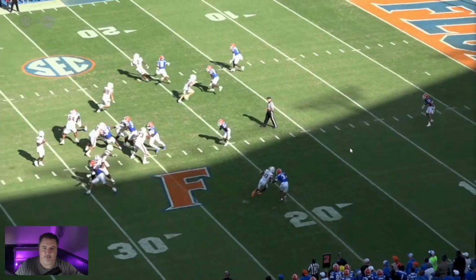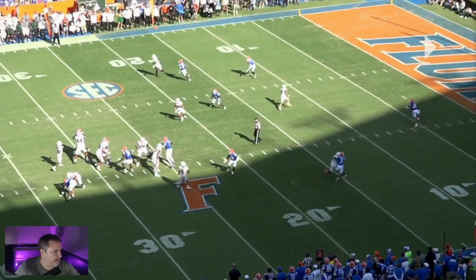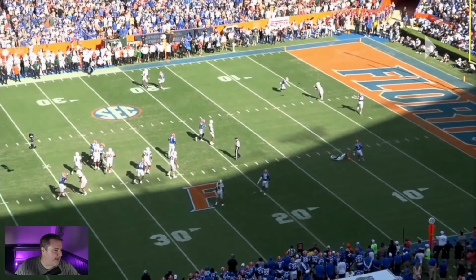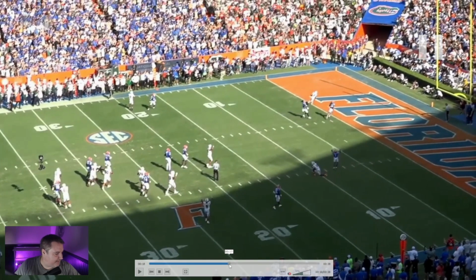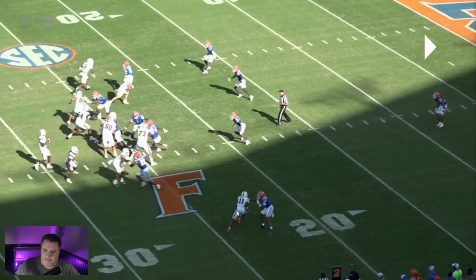And I'm going to rifle it into a spot where the safety has no chance to recover because his hips are turned one way to make the play. So let's go ahead. The ball has been thrown. Restrepo is finally turning, and the ball is in here. That's where the ball is. The ball's already on its way. Safety has no chance. Let me go ahead and rewind it just again so you guys can see again. When that ball is being thrown,